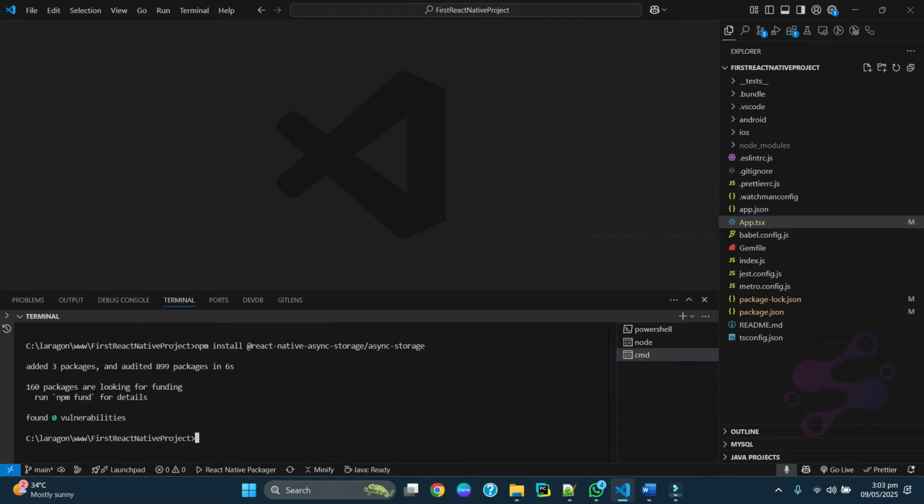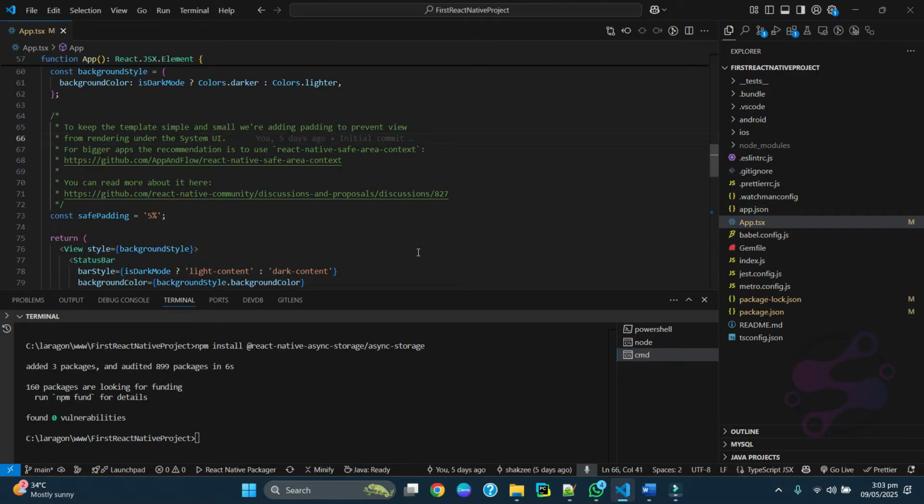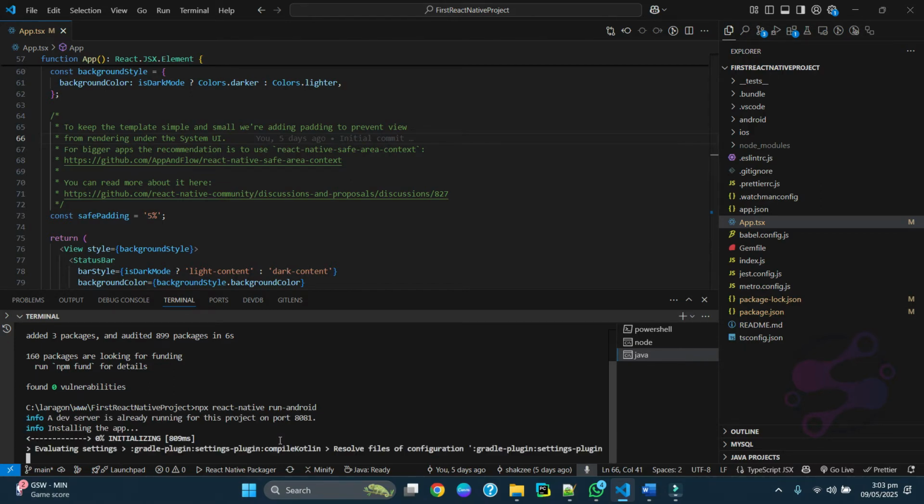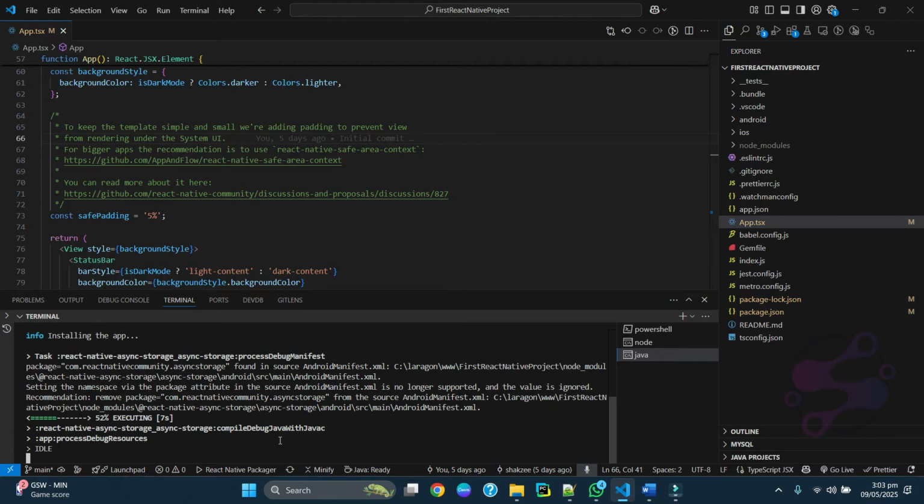So if you open this particular file and you are saying run this, it will create the build out of the box for you. I have connected with my Note 40 Pro and I'm going to record the screen.